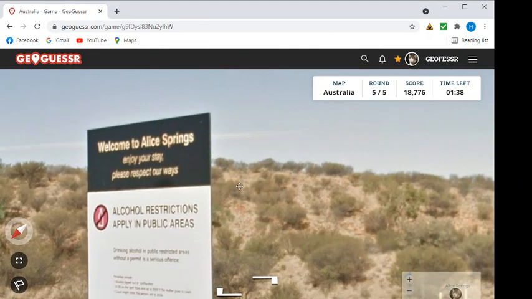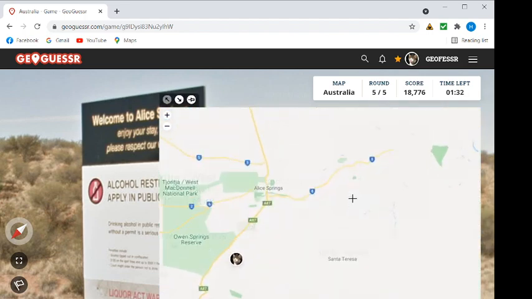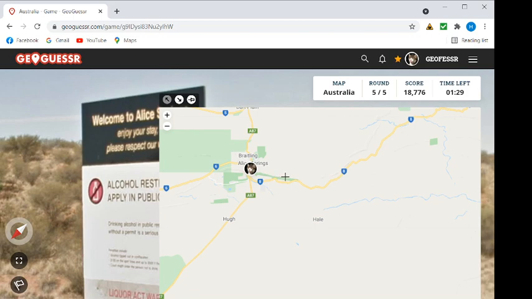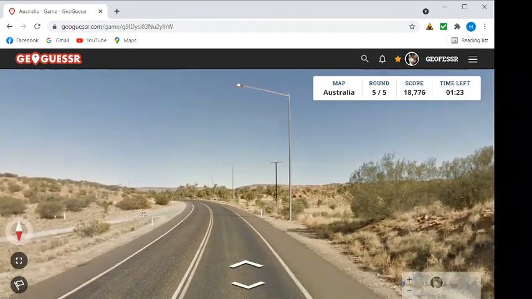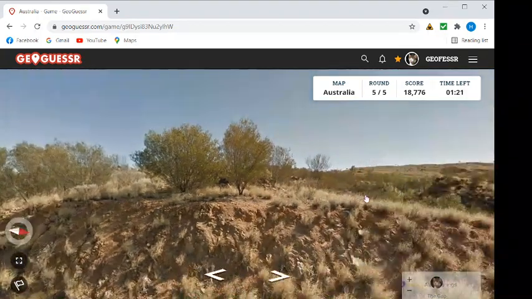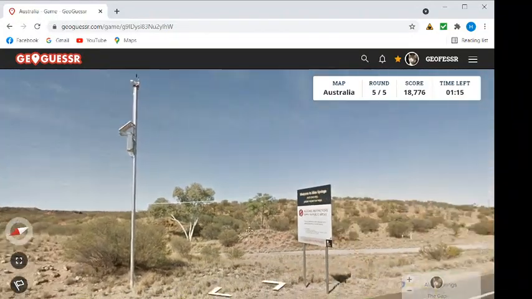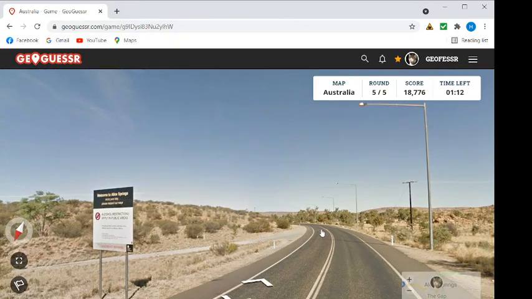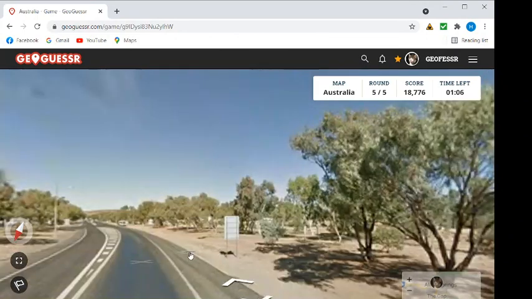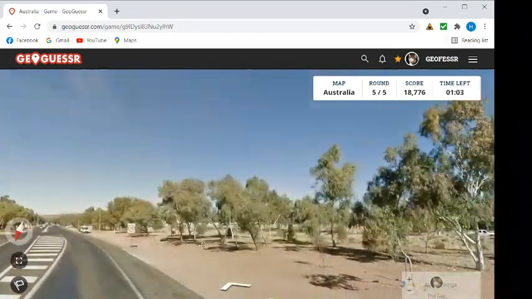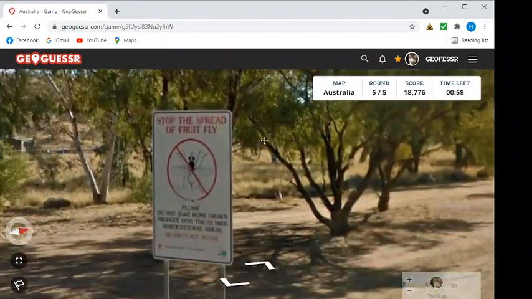Oh, welcome to Alice Springs. Yeah, alcohol restrictions apply in public areas. There's an interesting thing that I'm not sure if it's all of Northern Territory or Alice Springs, has unusual alcohol restrictions. This is common for populations whose ancestors have not been exposed to alcoholic beverages for thousands of years, resulting in natural selection of susceptibility to alcohol. Like for instance, I know that in Alaska,